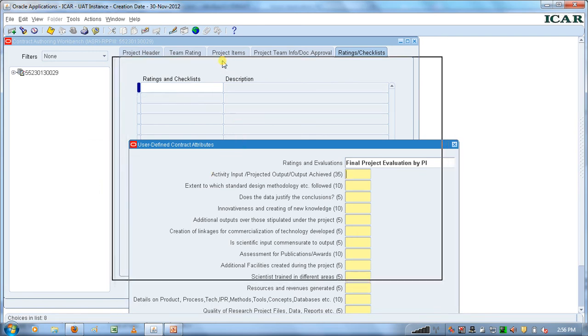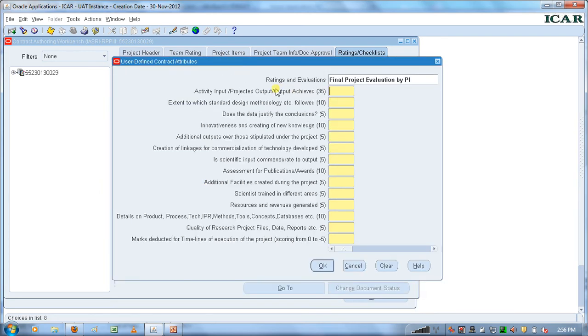So select this item and click on OK. I'll just move the screen up. Here you can see these are the various parameters on which the PI has to rate the project, and in bracket we have given the maximum score. So for the activity input, projected output, output achieved, we have to give a rating on a scale of 0 to 35 over here, and you can also enter decimal points, like I gave a rating of 30.5. Again here I gave a rating of 8.5. In a similar fashion I will enter all the other ratings,